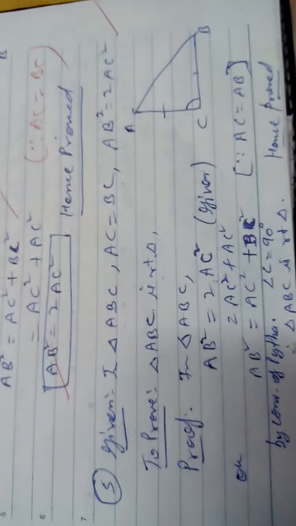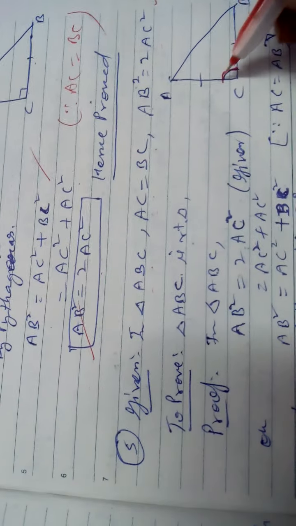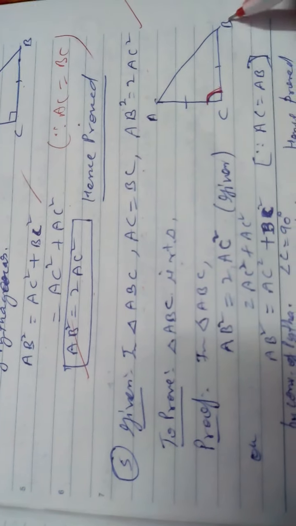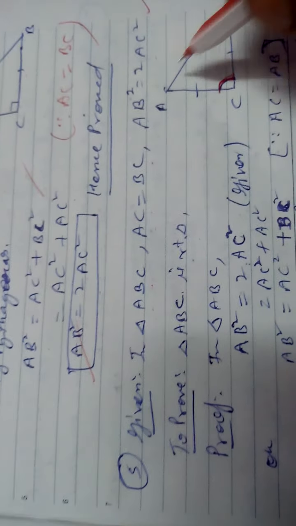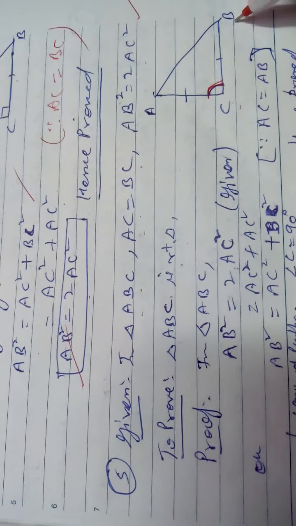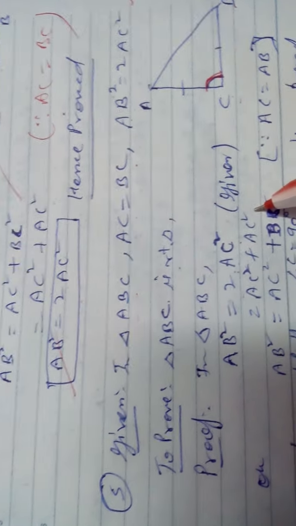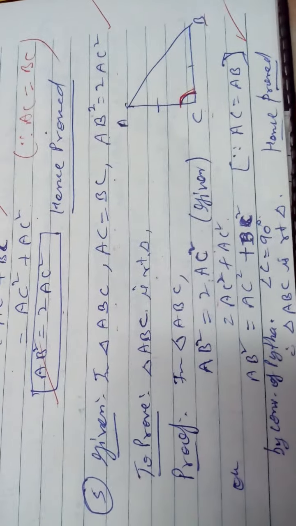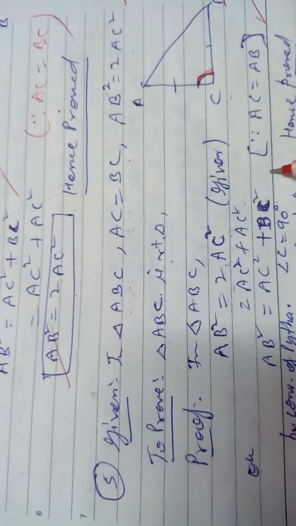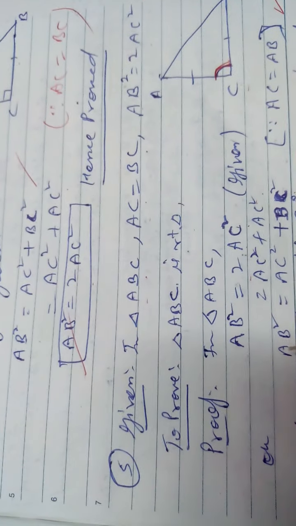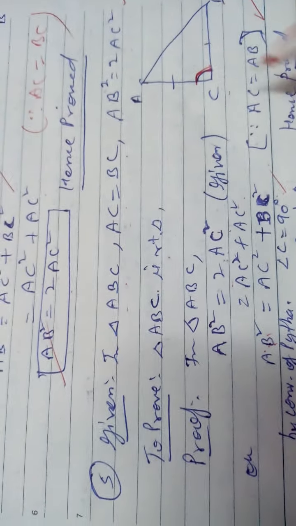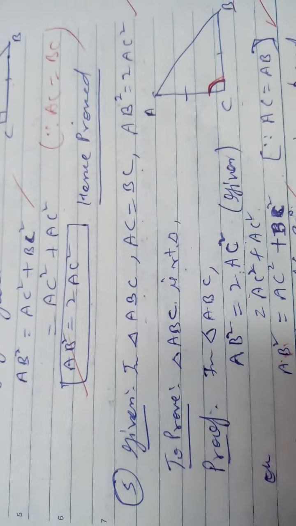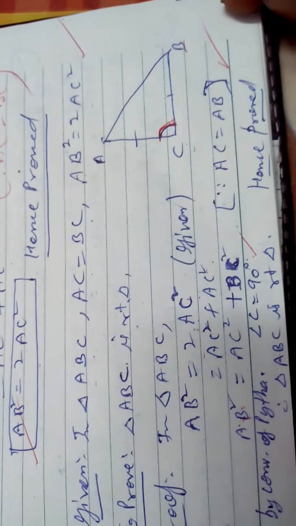First of all, what do you want to prove? Right angle. Draw the right angle but don't put the right sign. You write like this angle. In triangle ABC, given AB square equal to AC square plus CB square. AC square twice means 2 times; one AC replaced by BC because it is given. So now it is the converse of Pythagoras theorem, and converse of Pythagoras theorem says the angle opposite to this side is 90. C is 90. If it is 90, then this triangle is a right triangle. Easily you are getting that this triangle is a right triangle.